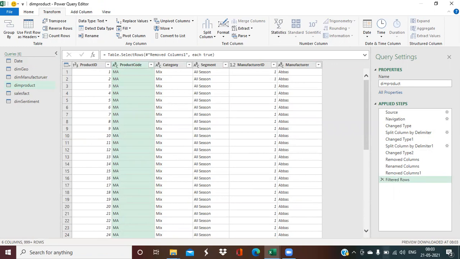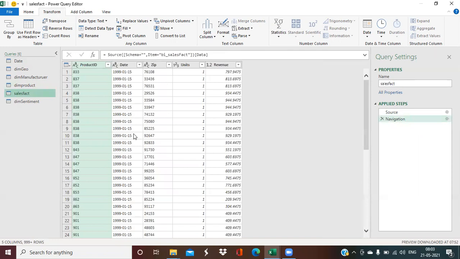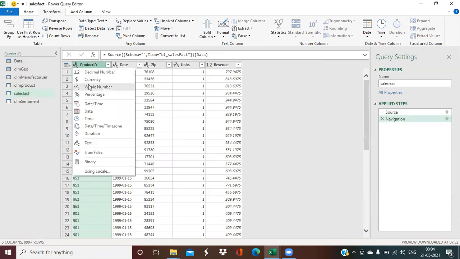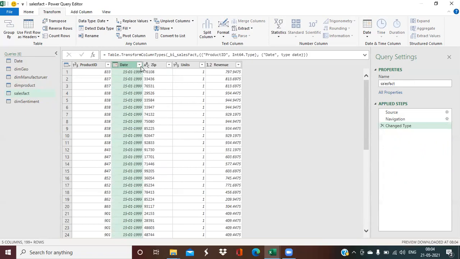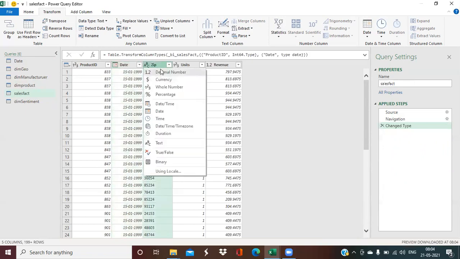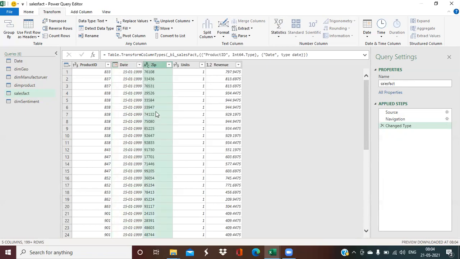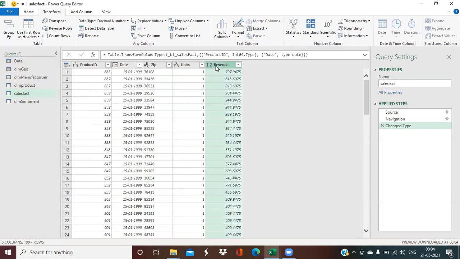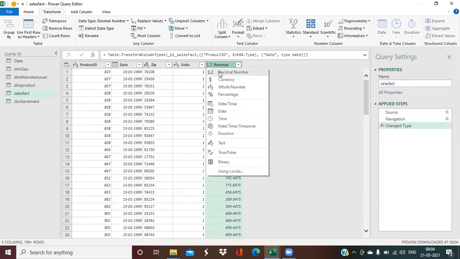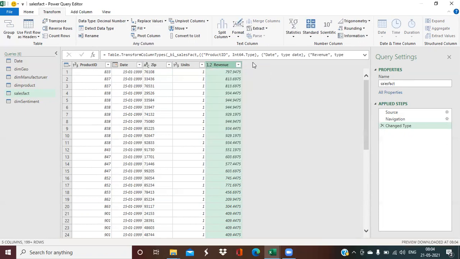And if we go to the sales fact table, very important, where we need to perform all the calculations, we have the product ID column. That is okay, but it should be numeric. We have the date column. It should be in date format, so first of all I have to change it. Zip code is okay, because it's numeric but we don't need any calculation on this column. That's okay if I keep it in ABC format as well. The units, number of units, is absolutely correct. It is a whole number. And the revenue, if you need to change the data type, you can go here and change it. But yes, I'm happy with this decimal number, so no problem with this.